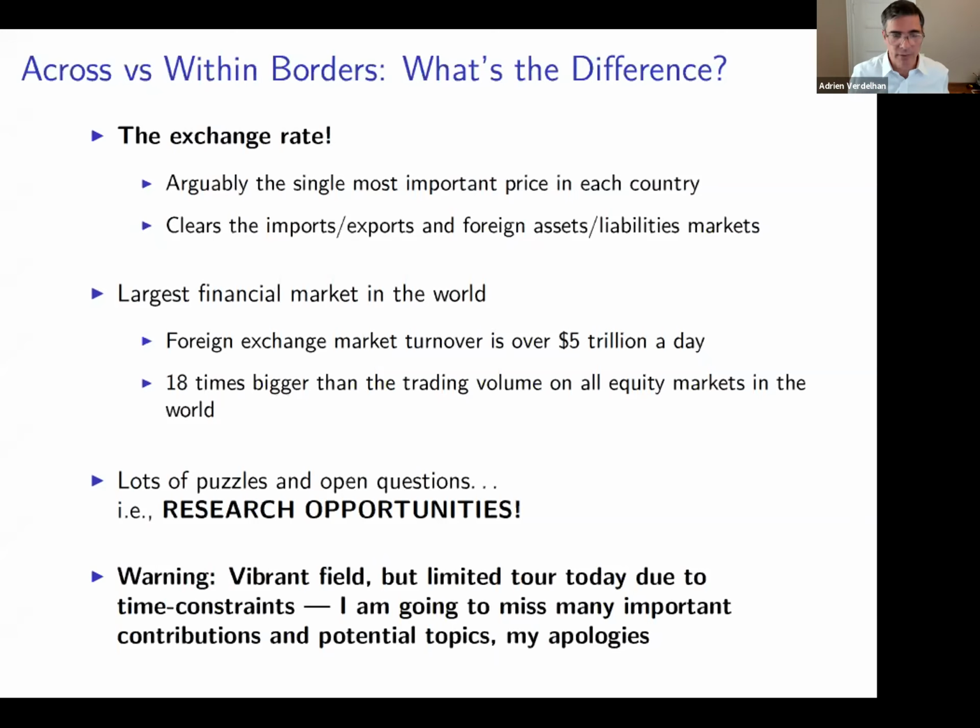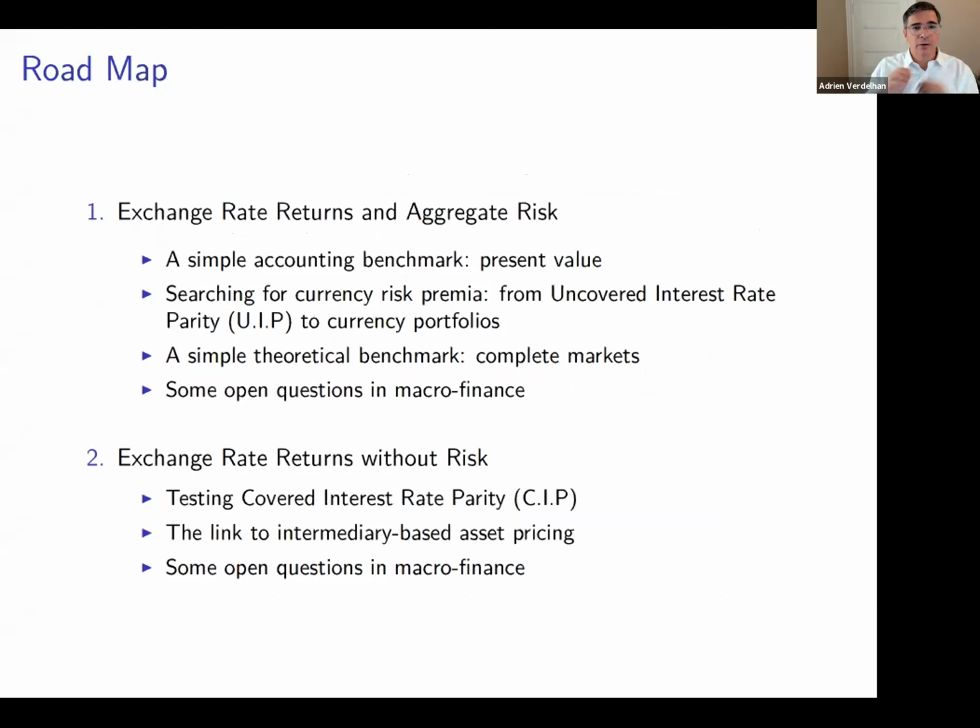It's very incomplete, what I'm going to do. Now, the way I organized my talk is around 2 ideas. First, it's macrofinance, so what do you expect? We're going to talk about risk, right? So the first part of my talk is going to be about exchange rate returns and aggregate risk. And I'll go over a simple benchmark just to fix ideas and then show you, again, the big picture, what we've learned over the last 15 years. And I'll end with a simple benchmark in terms of model, again, to just give you ideas of the kind of work we could do in the next 10 years.